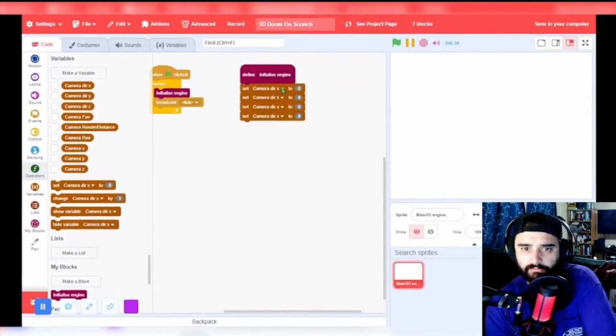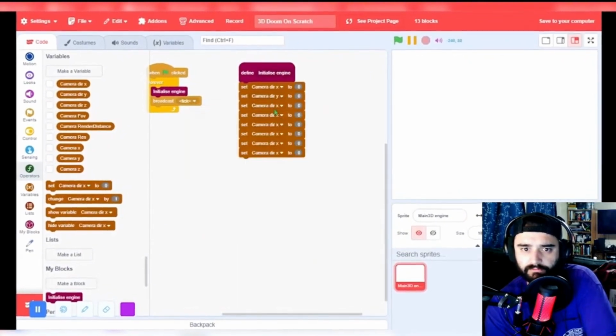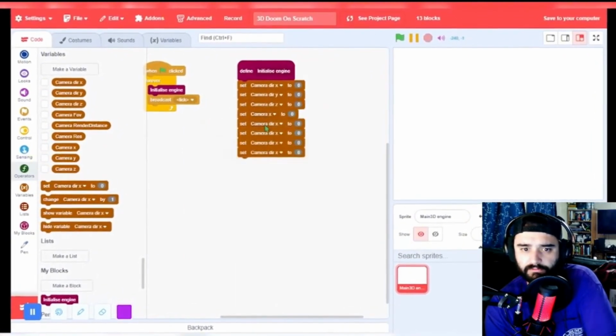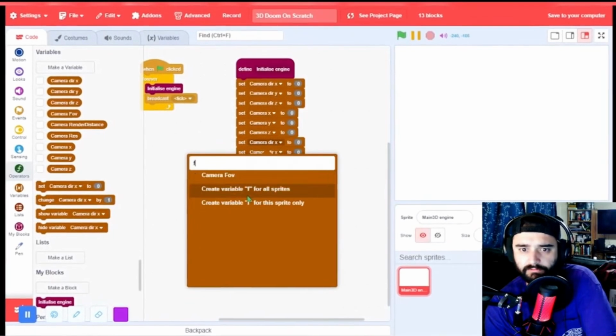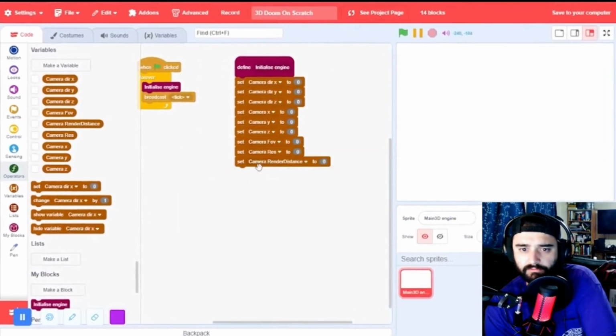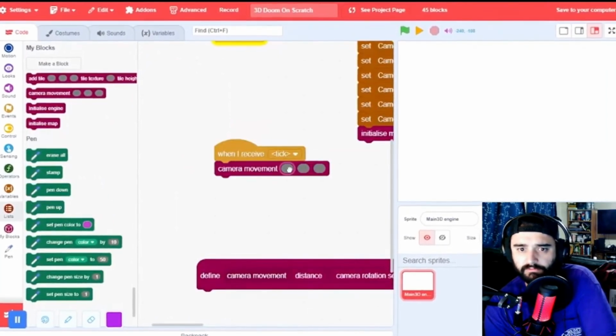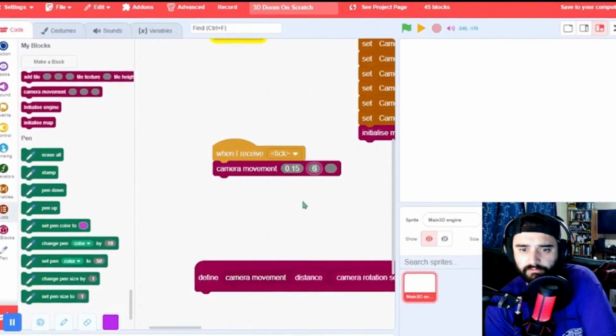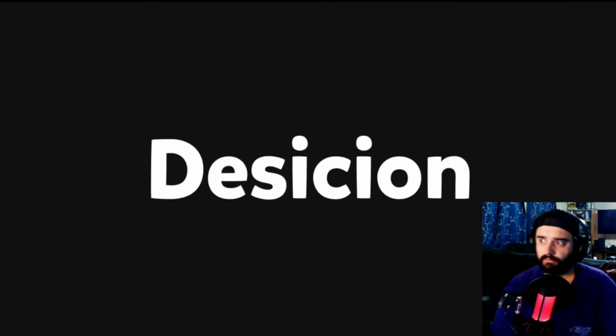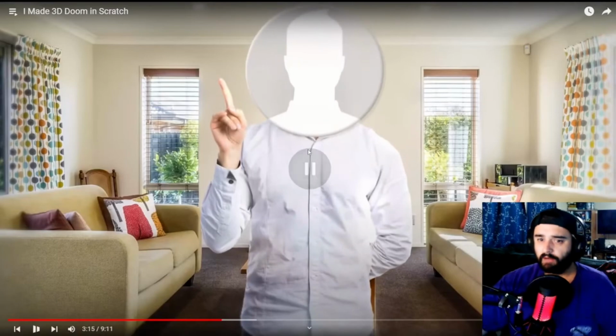Now we can initialize multiple variables such as the camera's position, X, Y, and Z, along with the direction which the camera looks at. We also initialized the map which the rays will be hitting. Next, we did some work on the camera's main functions using trig functions of sine and cosine. We now enter a very important decision. How do we move the ray? Imagine